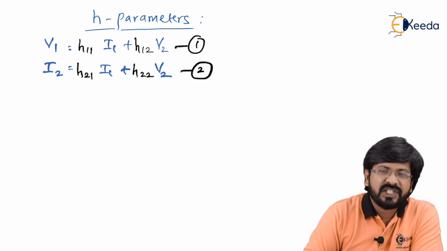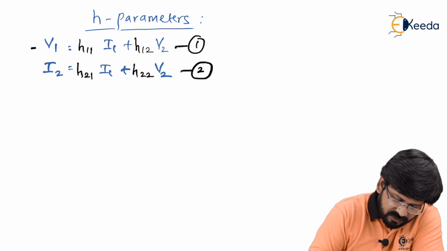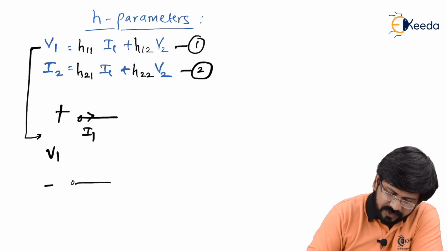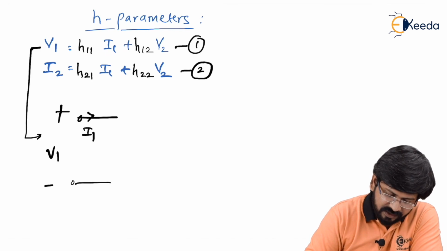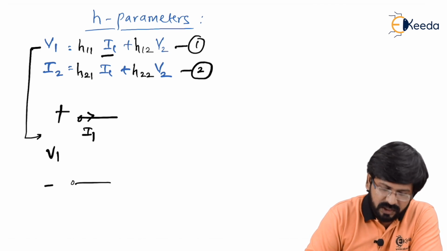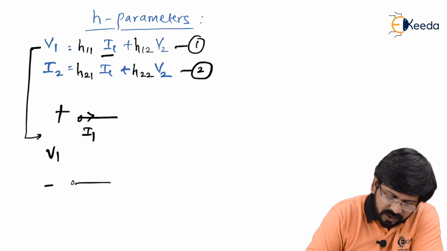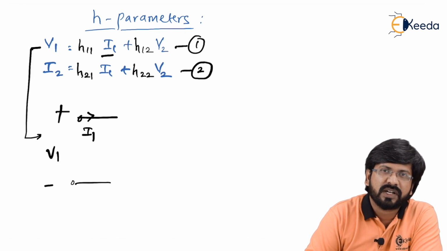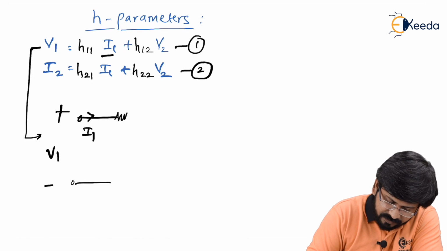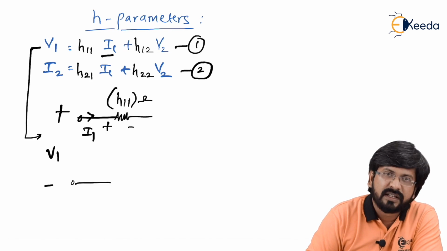Now for equation 1, since you can see it is a voltage equation, naturally it is going to give you what type of circuit? Series circuit. So this will be a series circuit. In a similar fashion, I'll start with port 1, having port 1 voltage as V1, port 1 current as I1. We know the fact that it is nothing but a series circuit. Now check it out. I1 is a current which belongs to port 1 only. It means naturally I can show I1 into H11. If it tells you it's a voltage, then H11 has to be what? Impedance. And you can check. In fact, H11 is nothing but V1 by I1. So of course H11 is nothing but your impedance in ohms. So plus minus is the polarity that you got.